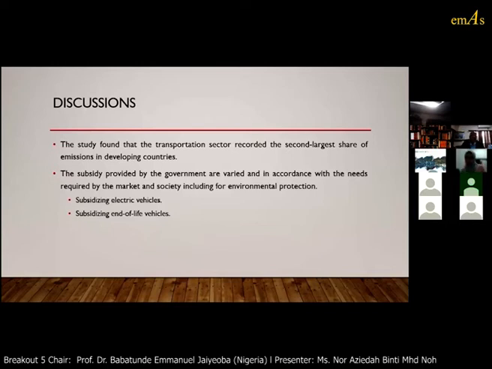The total subsidy that the government invests for end-of-life vehicles is actually influenced by consumer environmental awareness. If there is high consumer environmental awareness, government should not spend highly on the subsidy. This is because a person with a high level of environmental awareness is willing to do anything to preserve the environment.